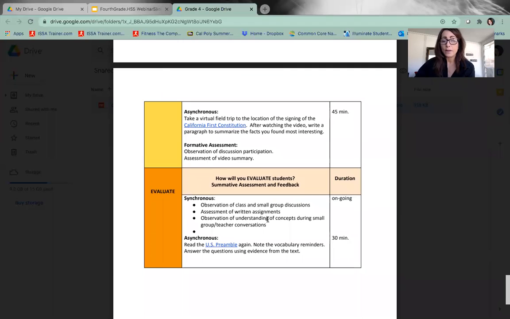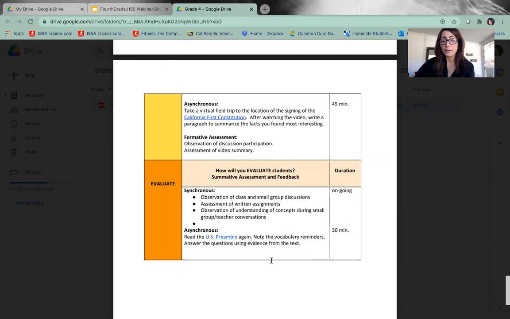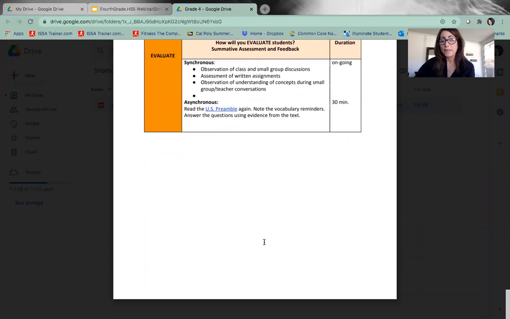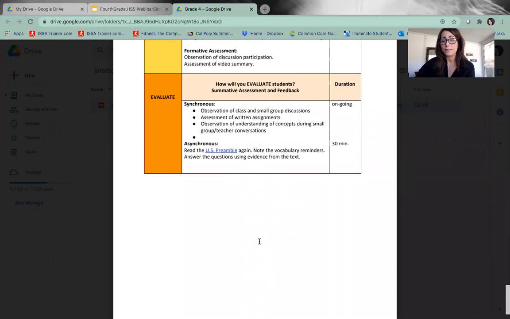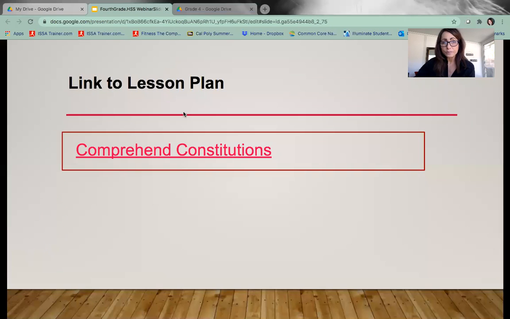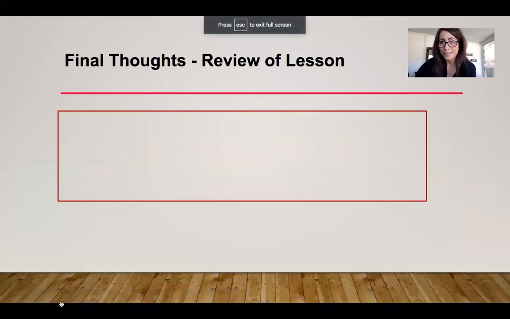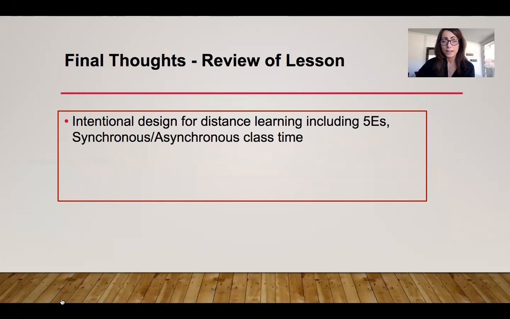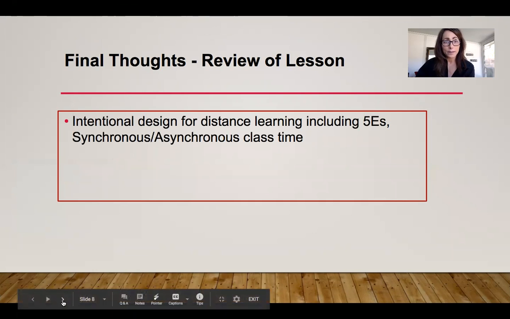At the end, we have an opportunity to evaluate our students with our synchronous learning and our asynchronous learning. So we provide students the preamble again with vocabulary reminders, and then they are asked to do some writing with evidence. So that is our lesson in a nutshell. I'm hoping that that is something that you'll be able to use and that is exciting to you, because everything's already right there. Our final thoughts, to remember that this 5E format was very intentional in its design